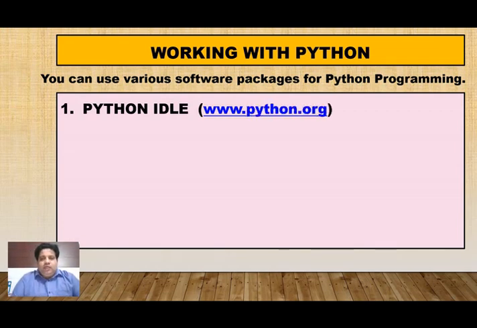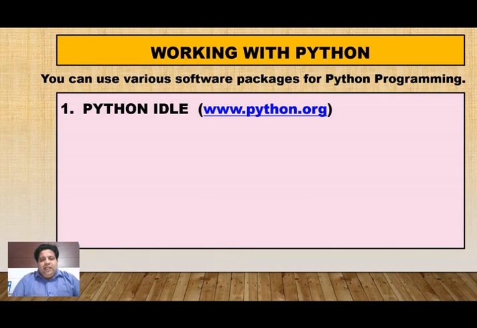This you can download from the website python.org. It is the simplest IDLE. IDLE means Integrated Development and Learning Environment. I repeat, Integrated Development and Learning Environment. What is IDLE? I will tell you on the next slide.